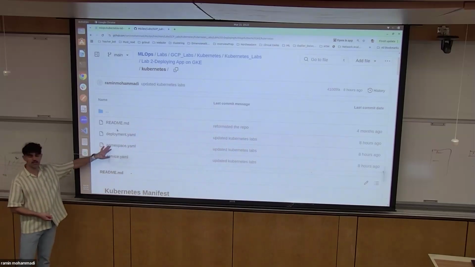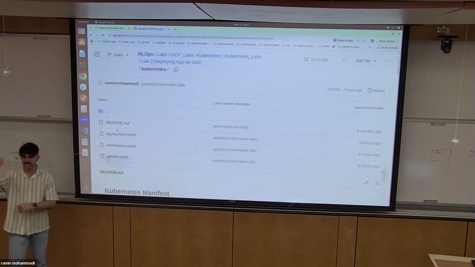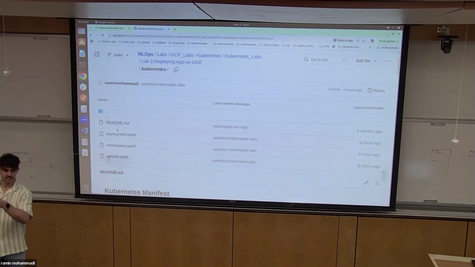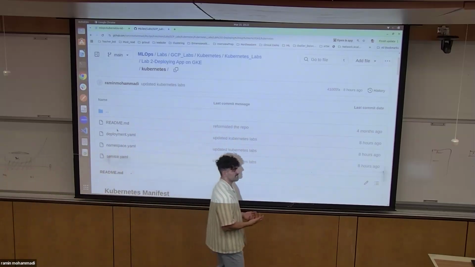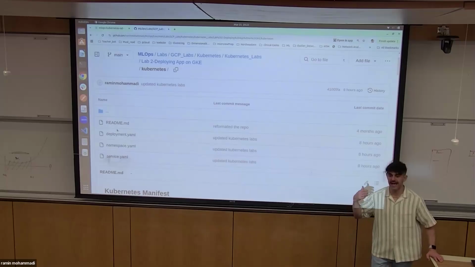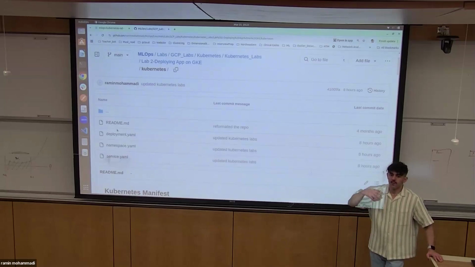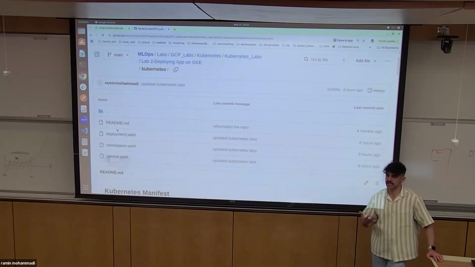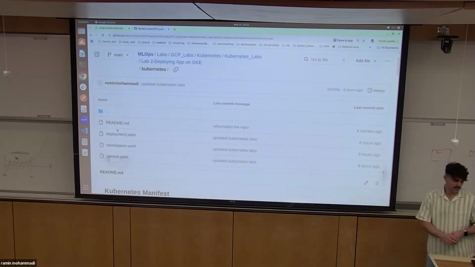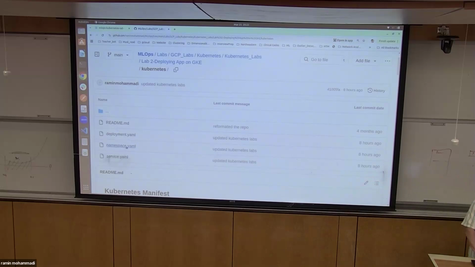The first one that you always need is a namespace. A namespace is the same thing I just told you: you need a namespace to group and separate things from each other. So the first thing you want to ask is, I'm trying to run an app, what's the namespace this app should run within? That's basically the layman term. So you create this YAML file, namespace,